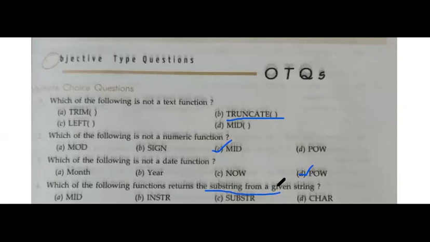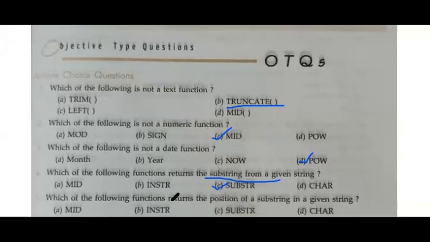Answer. If you want substring, substring means what? Part of a string. Hershey, from where you got G? C is correct. Mantasha correct. Lavina correct. Okay, fine. So answer is C, that is substr.